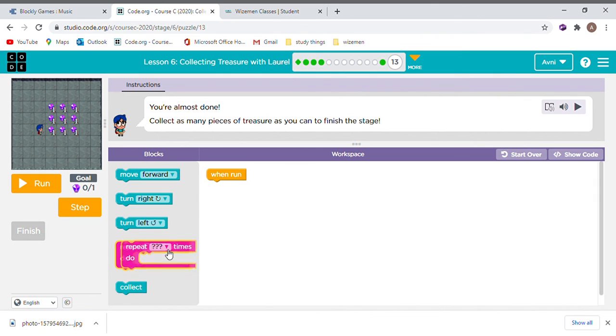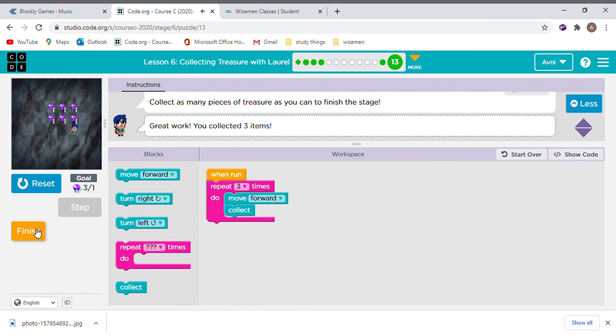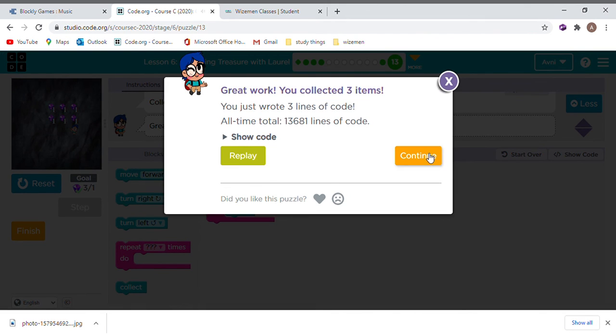Collect as many as you want to. But at least one. For now, let's go on with the first three. Like this. This time you'll keep it in it because you want to keep on taking as you go forward. That's when you finish, and then